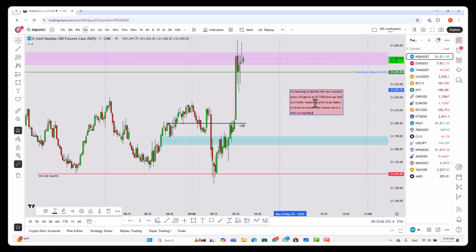This is what I'm trying to do every day. I'm learning to identify the very moment price will return to an ICT PDA and use it as the starting point of a price move that will draw to a liquidity pool that I clearly see on the chart. So right here, I could clearly see the sell side liquidity was here,